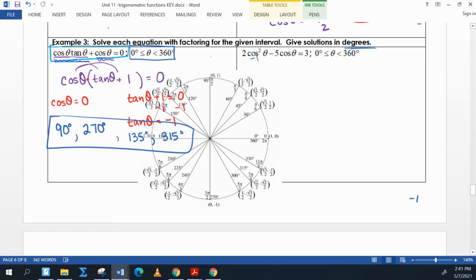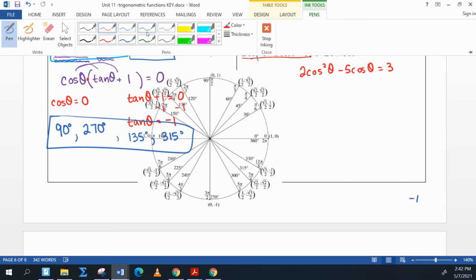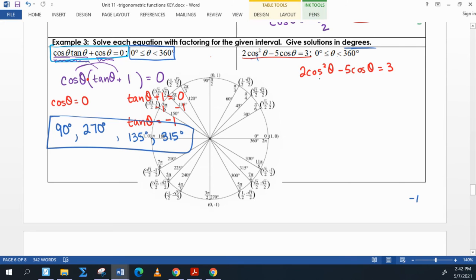Let's do red. So we're going to take this lovely equation right here. I'm going to write it down out here. So we've got 2 cosine squared theta minus 5 times the cosine of theta, and that's equal to 3. Now, this is what we call quadratic in nature. Some of you were here in class last unit. I talked a little bit about